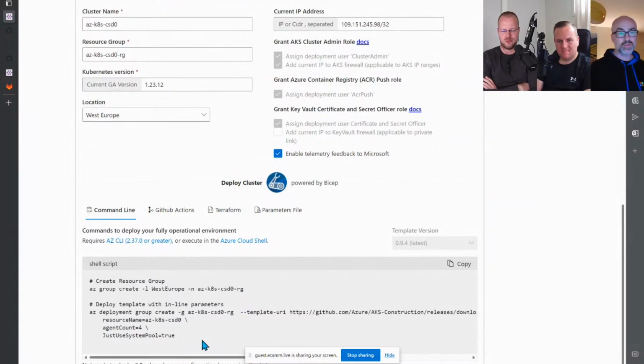Exactly. So when we have customers that consume this for the first time, they pretty much just run this. And this is just calling out to our repo in the releases. So what we do is we cut releases usually every 2 weeks as we get features put in. That points directly to that. Some of the more mature customers that use this, they'll clone it, they'll make it their own, they'll tweak some of the templates a little bit maybe, and they'll just put that into their infrastructure as code library.